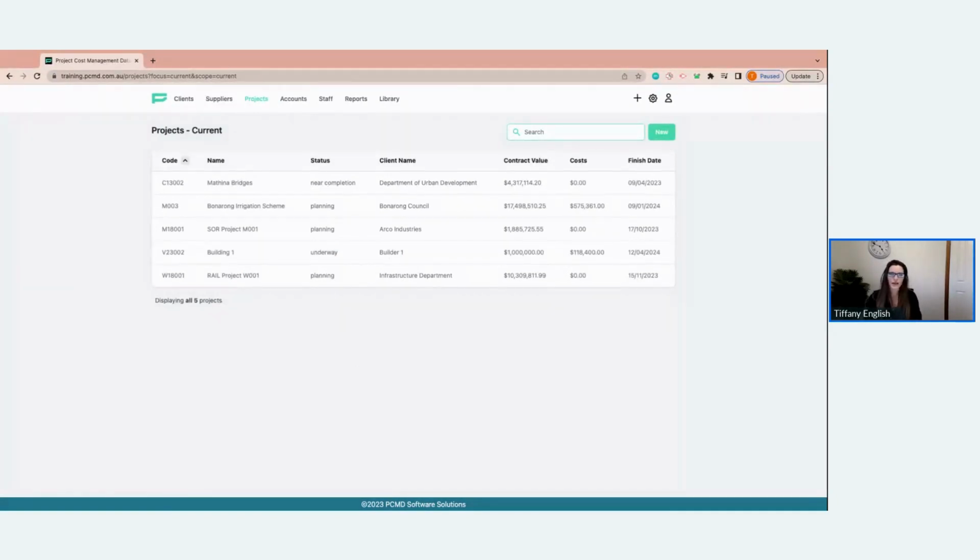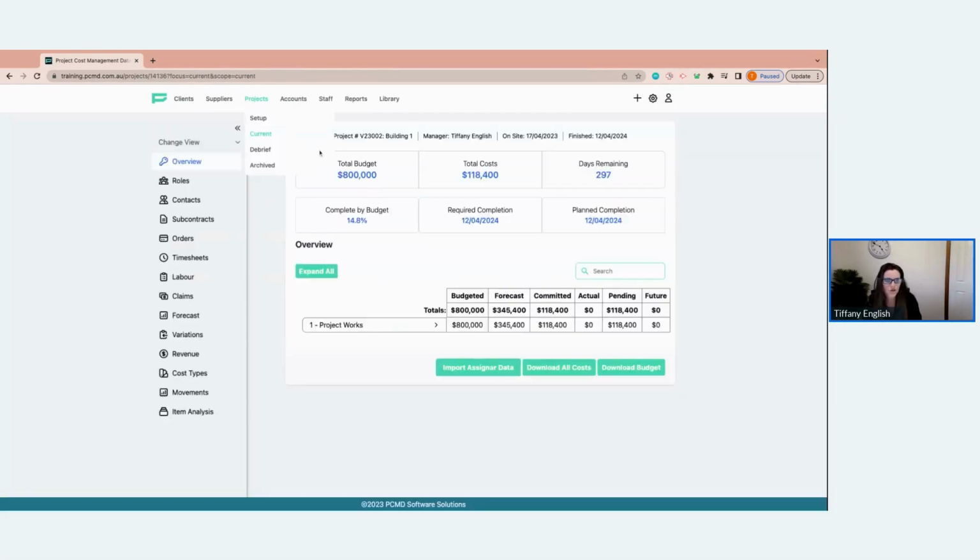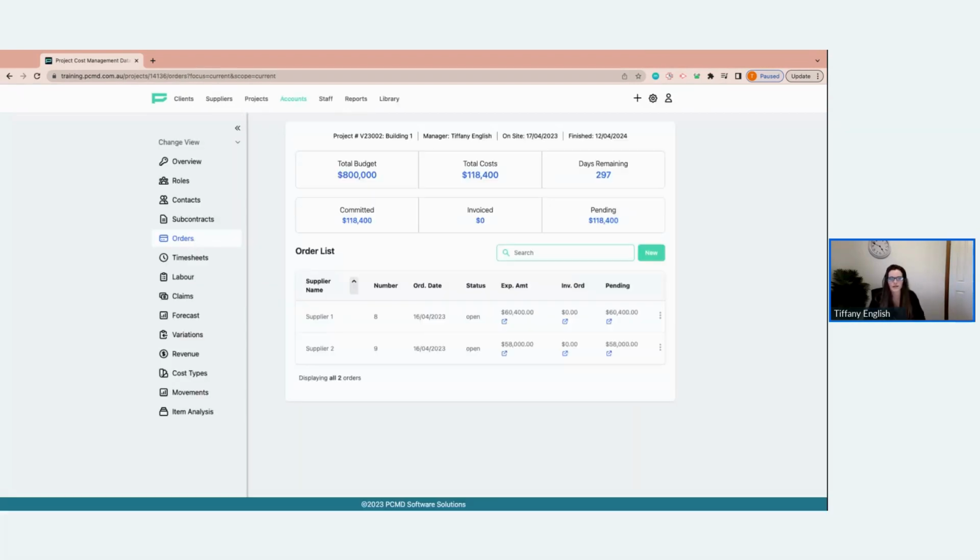Wanted to go through how to create an order. Now, two ways you can do it: from within the current project, or you can even go into accounts and orders. I'm going to start by showing you within a current project. So I'm going to jump into any project and go down to the orders focus on the left-hand side. Here you'll see the orders that I already have, and you'll see a summary tab up the top,